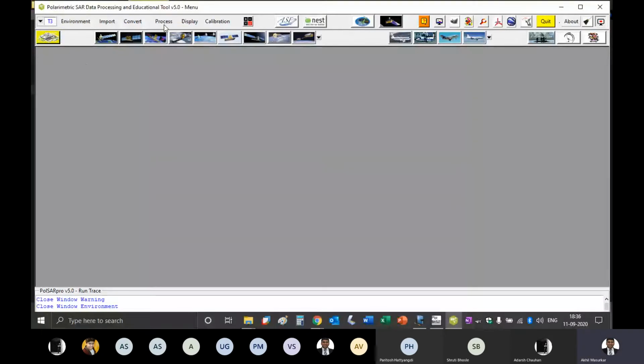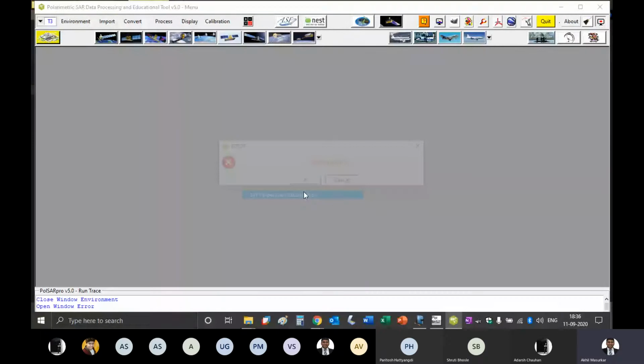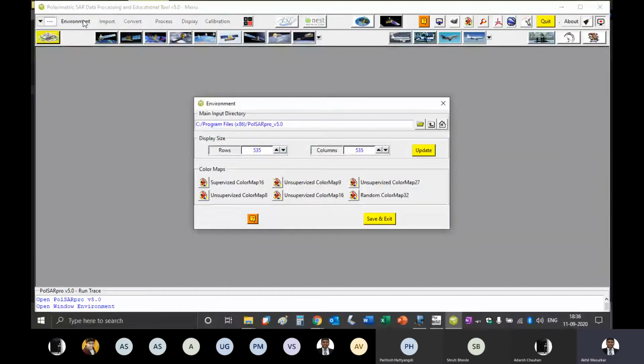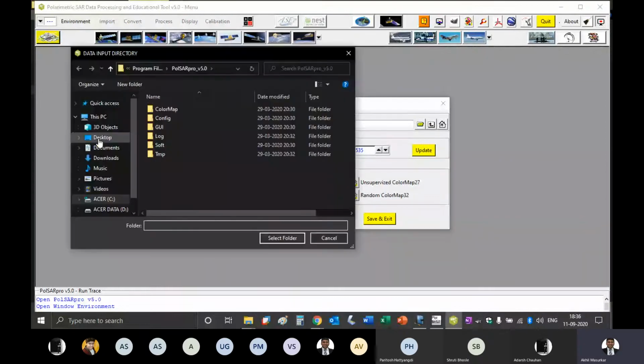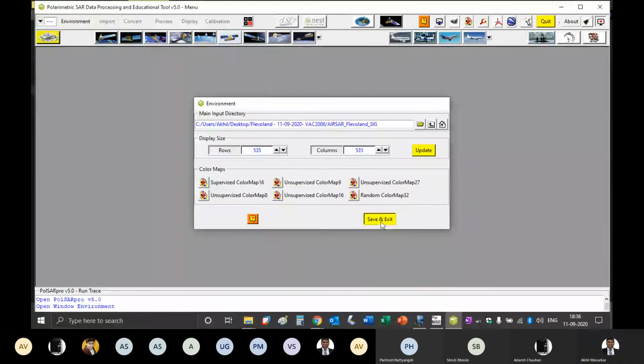And now you go to process, then say polarimetric segmentation, and then go to SVM supervised classification. SVM supervised. Oh, what happened? Select the folder, save it.